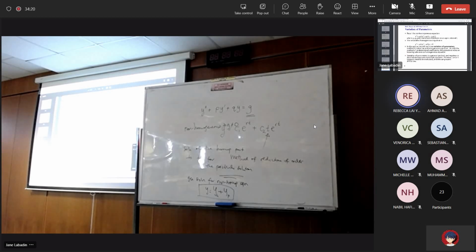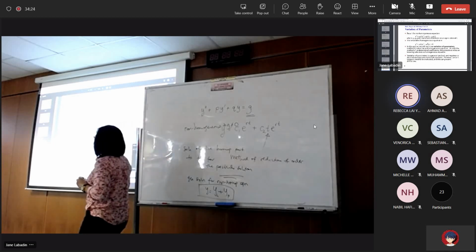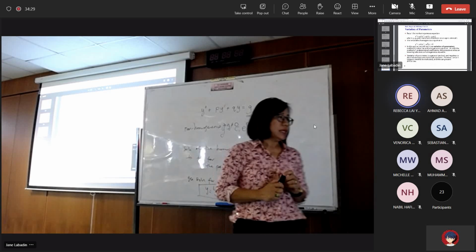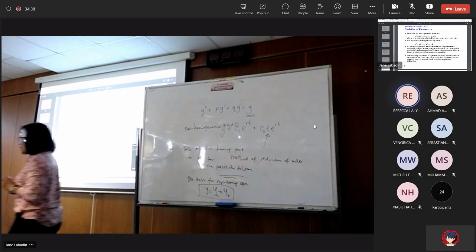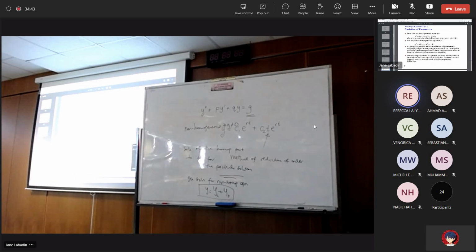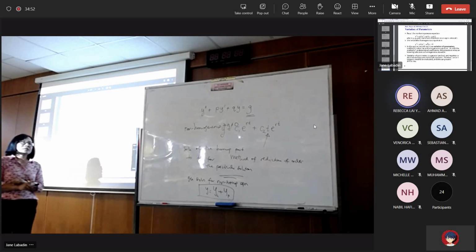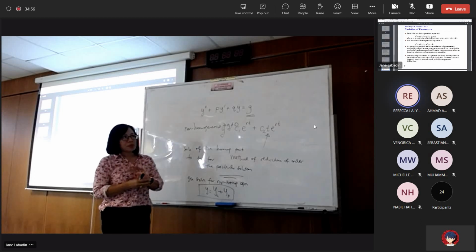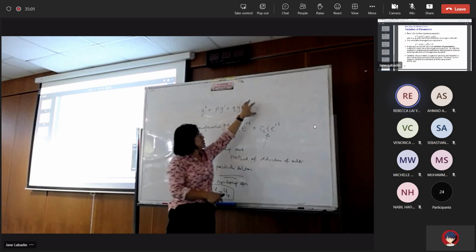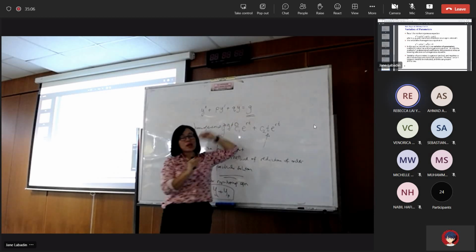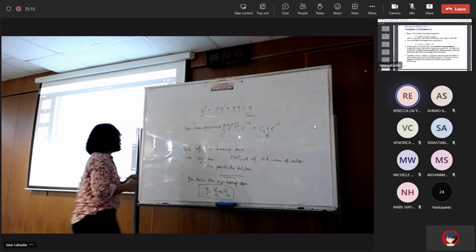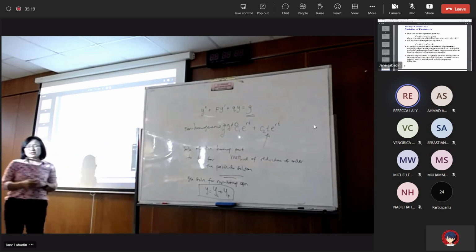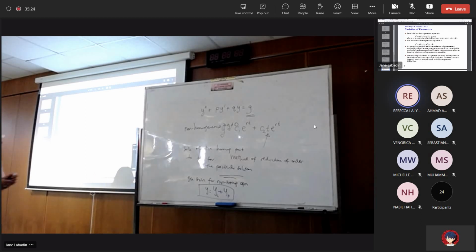All right, so now we go to the final method for non-homogeneous second order DE. We're going to look at the method of variation of parameters. So basically, when are you going to use this? I would say MUC is easier in comparison to MVP, variation of parameters. But you notice that MUC has some constraint: if the non-homogeneous part is a product, it is okay, a sum is okay, but what if it is a quotient? Then you are not able to use MUC. In that case, variation of parameters would be a better method to solve